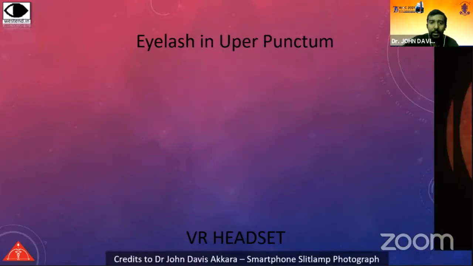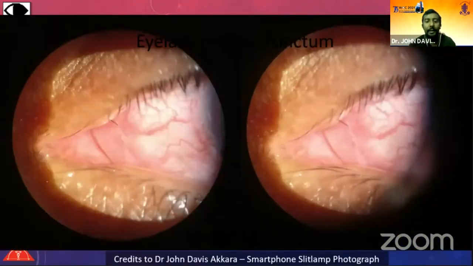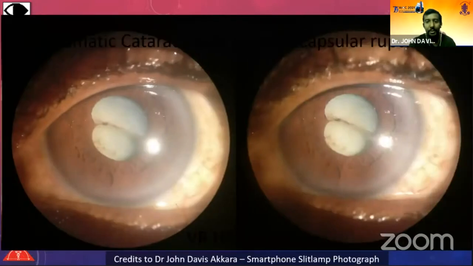So 3D Atlas of Ophthalmology, let me just quickly go over it. I have made it such that we have stereo side-by-side, SBS, views. Here, if you do a parallel view, you can do it, or you can put it into a virtual reality box, VR headset box, and this will show up as 3D. It is quite difficult to do the parallel view if you're doing it for the first time. So if you put in a VR box, everybody can see it.